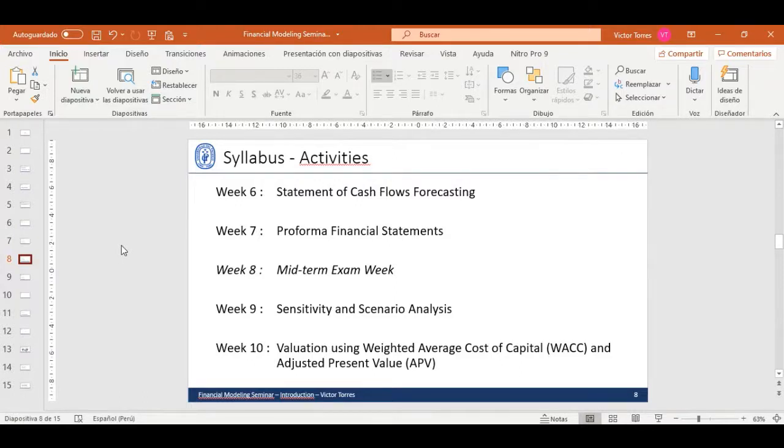Then we're going to be moving into statement of cash flow forecasting as part of our order, right? The main idea when we move into a statement of cash flow is logically to build upon what you're going to need for the free cash flow calculation. So remember, the statement of cash flow is an accounting statement that considers all the different sources of cash: the operating source of cash, the investment source or use of cash, and the financing source or use of